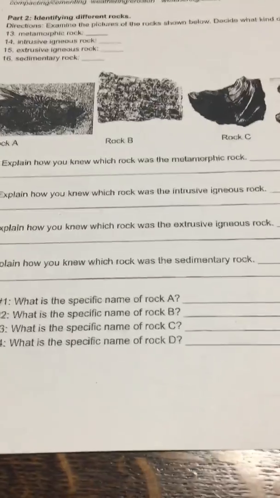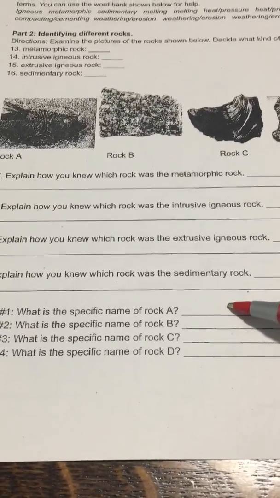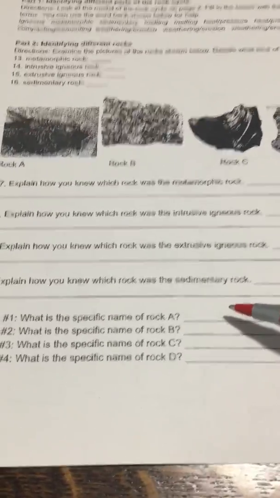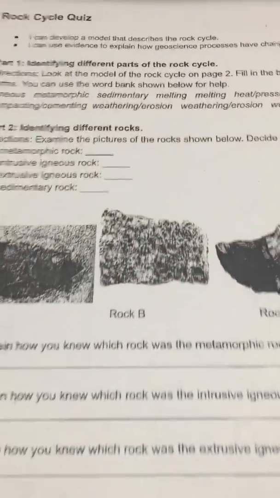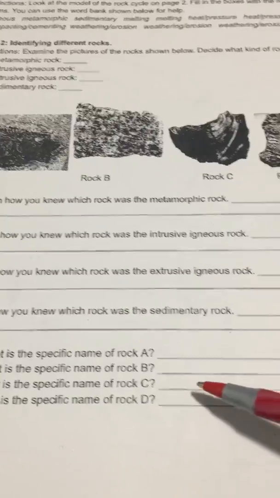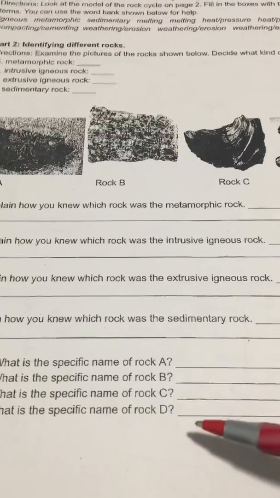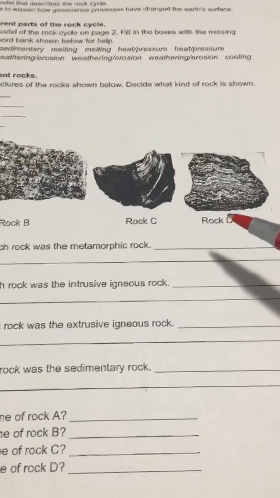And then what was the specific name for rock A? Rock A, you could put down either sandstone or limestone. Both of those are sedimentary rocks that would have fossils in it. What would be the specific name of rock B? Rock B is granite. What's the specific name for rock C? C is obsidian. And what would the name for rock D be? Rock D is gneiss with a G, folks. Okay, on to the next page,